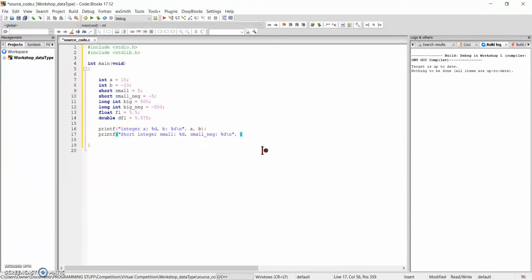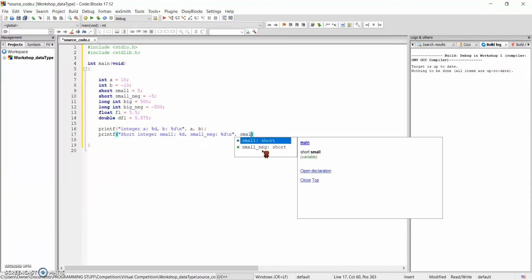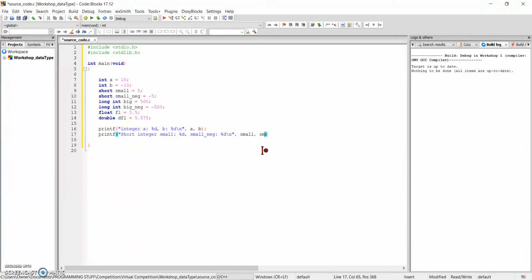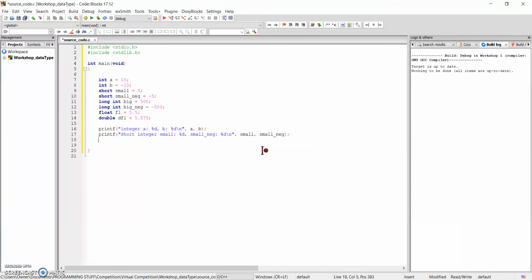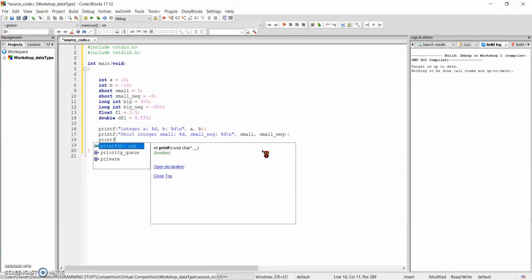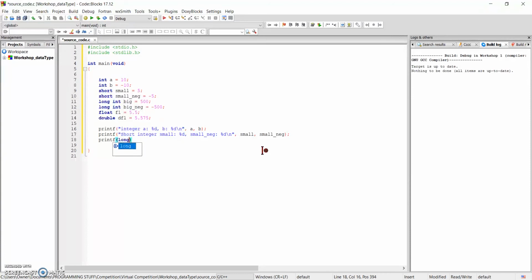So looking right over here, we're going to put respectively small and then small_neg to correspond to the allocation of our variables in our print statements. So let's go ahead and do it for long. Sorry, I forgot to put quotations. So long